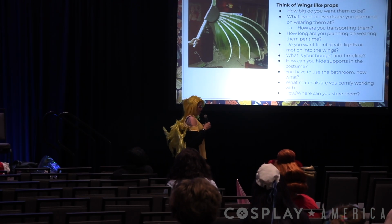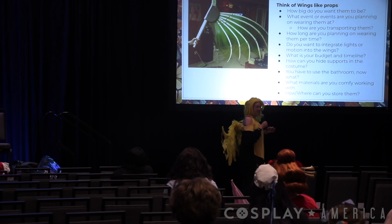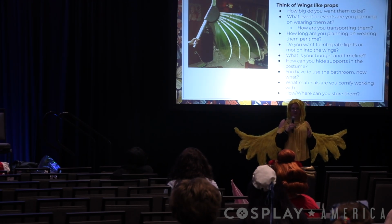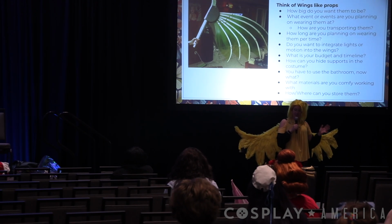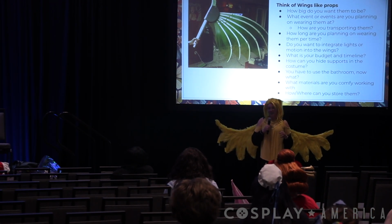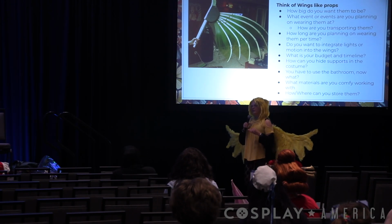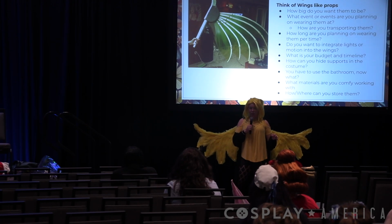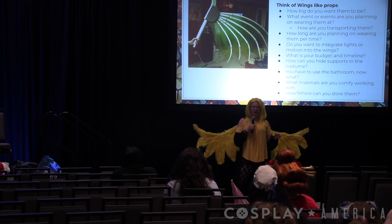For wires, you can literally wire different sections of your wings, have hooks and snaps with a fabric interior to be able to break down even feathered wings. There are a lot of different ways you can break down wings, but that's something that you need to take the time before you even start building to draw out and figure out. Because you don't want to spend 20 hours on a set of wings and then go,